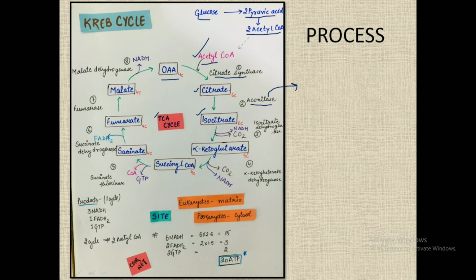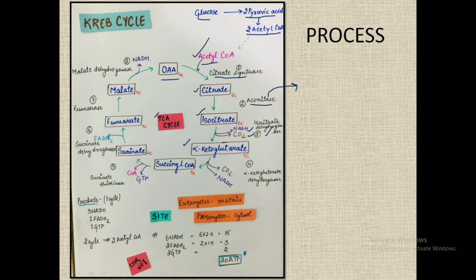What it is, we'll discuss in the subsequent video. After isocitrate is formed, we have the formation of alpha ketoglutarate, and in this conversion, the isocitrate dehydrogenase enzyme is used, and along with that we have the formation of one NADH, and also one carbon